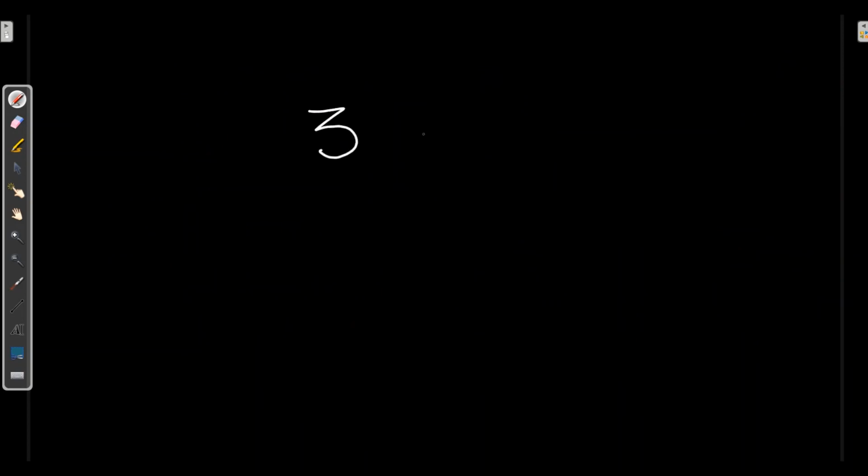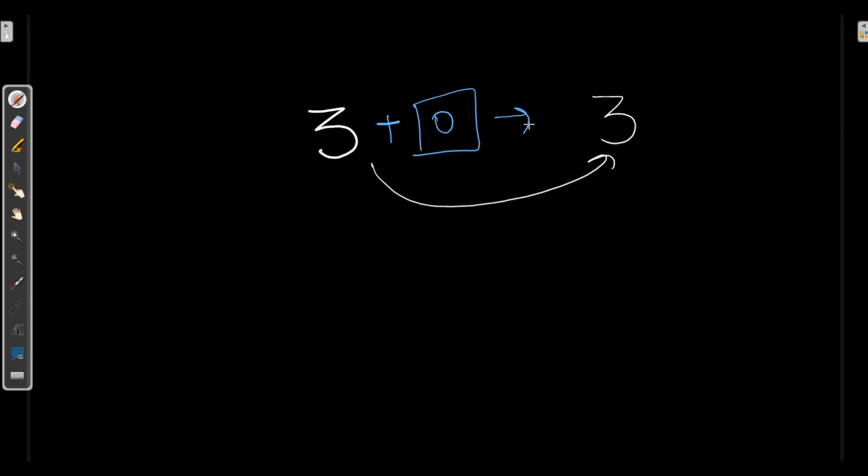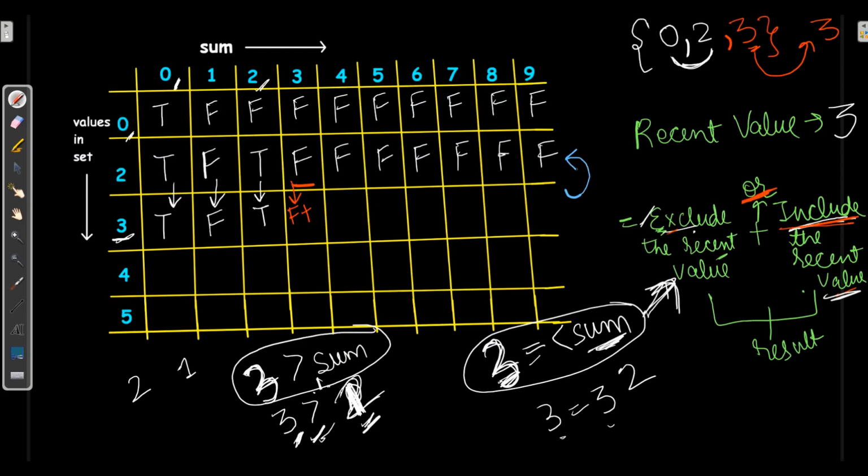It can be achievable after adding 0. So I need to verify the upper cell at the 0th. It always checks whether the value is in the cell or not. So it says true. So here I will write true. False or true always makes true.